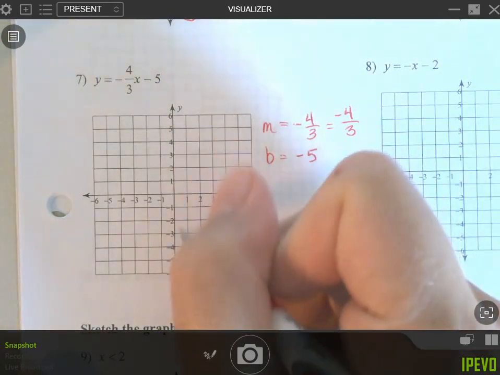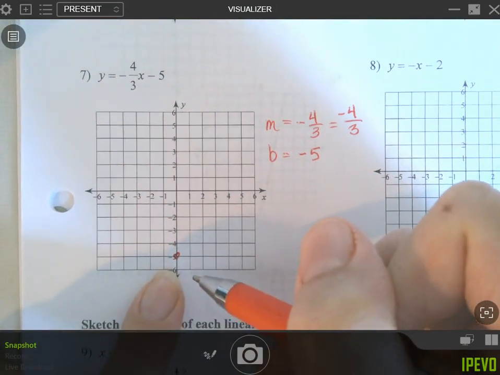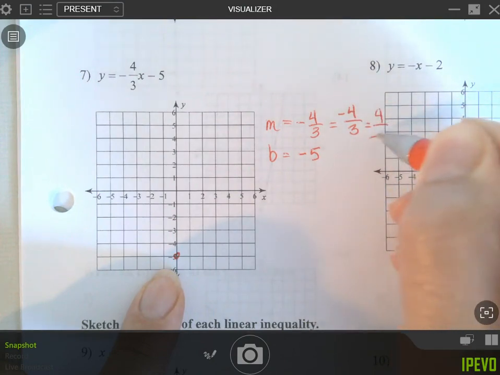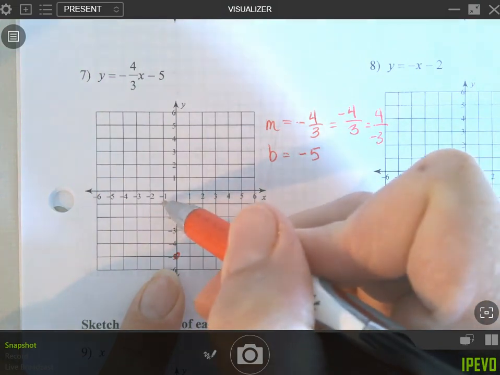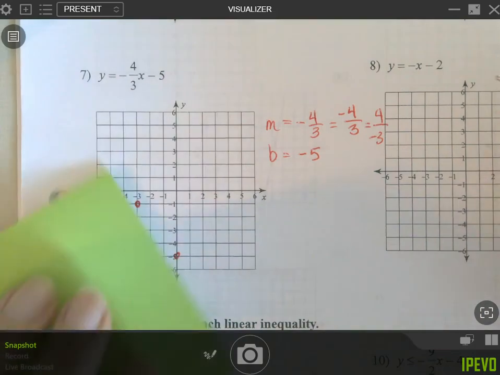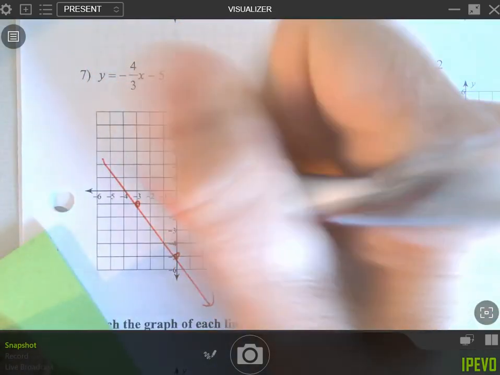All right, take a second, graph those. All right, so we're starting here at negative 5. Now, my problem is I'm going off the graph, and I think a lot of you did too. So instead of doing negative 4 over 3, I'm going to do 4 over negative 3. You get one negative direction. So up 1, 2, 3, 4, and then left 1, 2, 3. And then sketch in your line. You can always make extra points. The big thing is you start on the y-axis because it's like your anchor point,